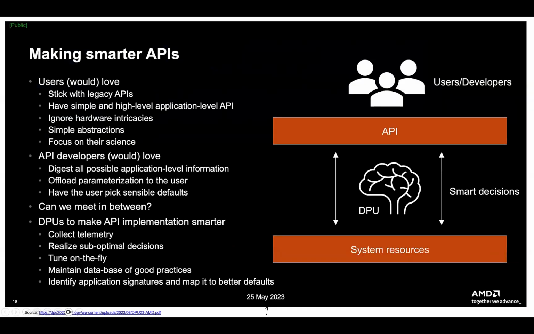the idea here is that can we make the DPU as something to take smart decisions about the system resources and utilization, like collect the telemetry, tune on the fly, maintain, identify application signatures, and optimize things that are happening in the node. So that's definitely an interesting type of application that we're looking at in terms of the DPUs. And then last, in the next slide,